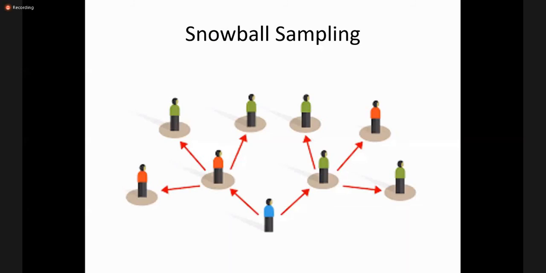So what happens, you just identify one person, like suppose this woman in red, and then you request her to connect you to her colleagues or friends who are in the same profession or the same practices. And this way you just keep on connecting to new people. Each person will connect you to a few more people, and then again a few more.